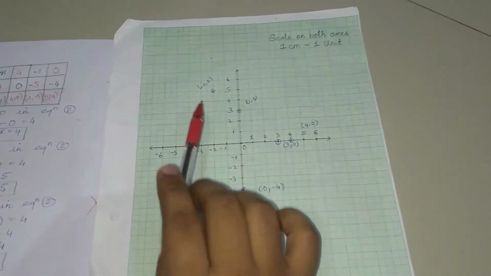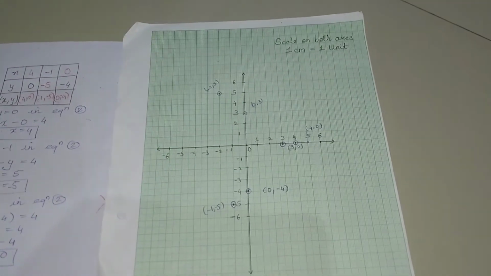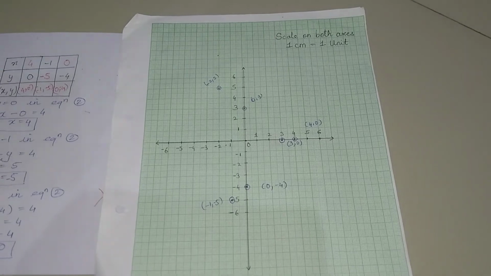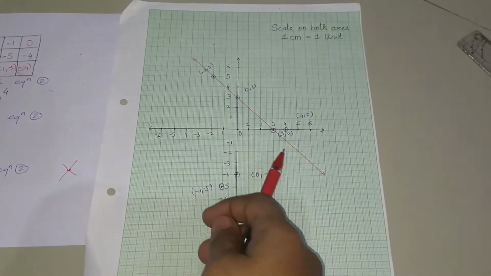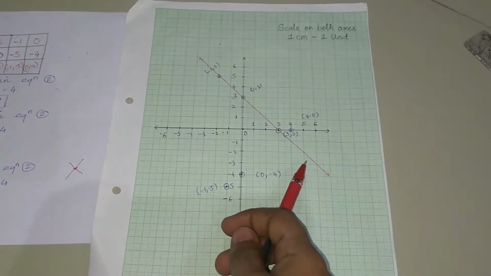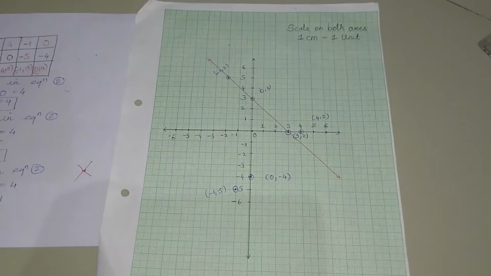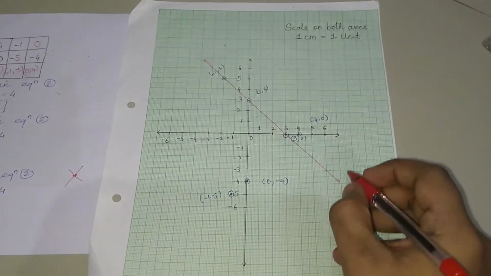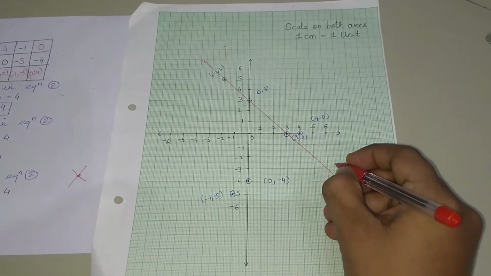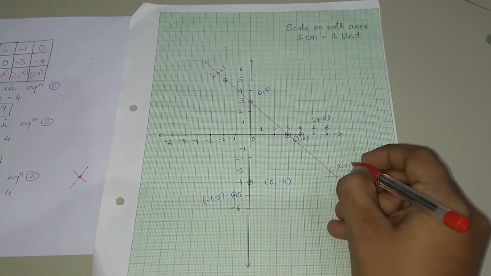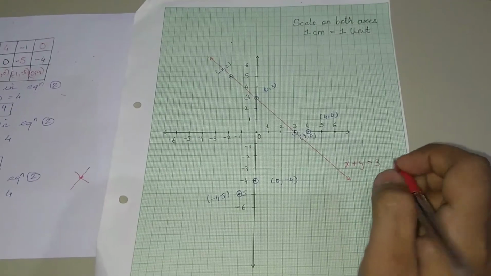Okay, so first we will join the lines of this equation number 1. Equation number 1 I'll first join and show you. Okay, just a moment. Okay, so now I have drawn one straight line for equation number 1. After drawing this straight line we will write here which equation we have. Okay, so it is x plus y is equal to 3. So this line is for this equation.